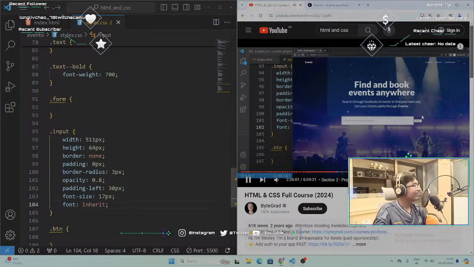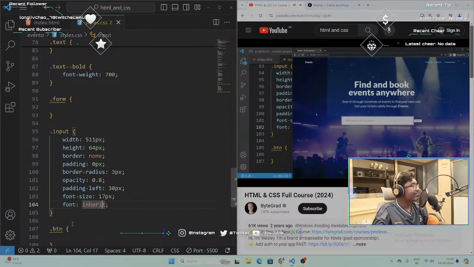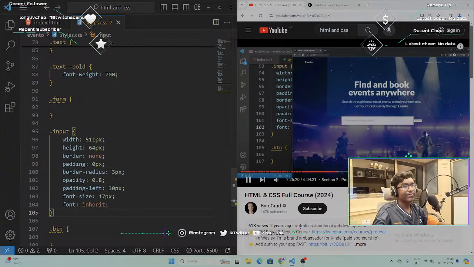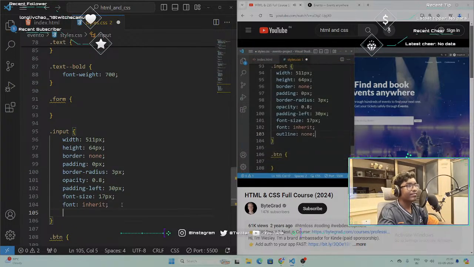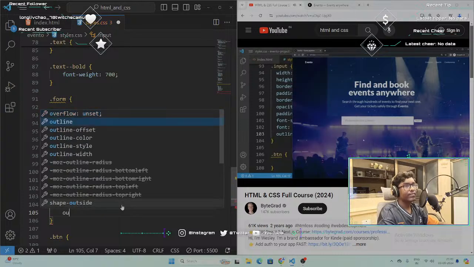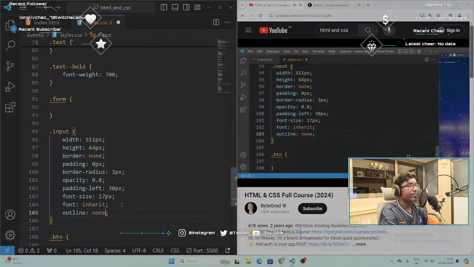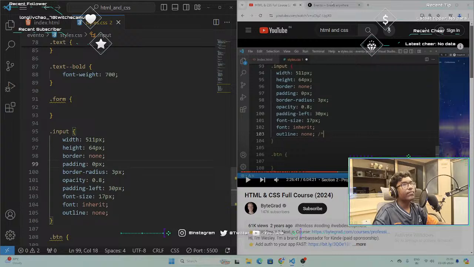Outline helps people navigate around the website. What tech stack do you use? Typically you don't want to remove it because it has a certain purpose, but it doesn't look very good. So in terms of styling, if you're going to remove it, which is what we will do in the real world, you do want to have a good replacement for this. We will talk more about this, but for now we're going to say outline none, and that will remove that outline. Now you have to have some kind of replacement in the real world, so we're going to add